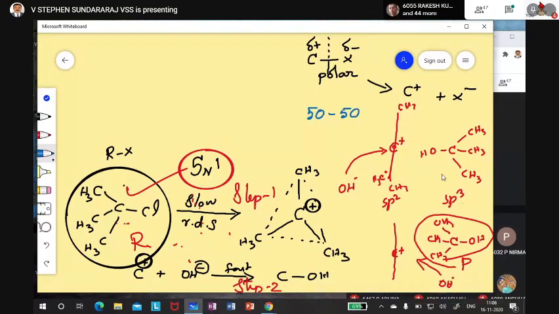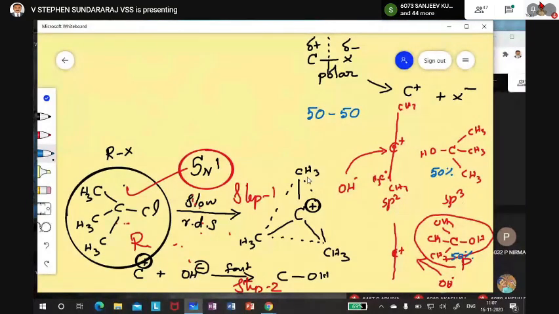50-50%. Why right side? Tell me. Is there any magic on the right side? Just look at it. It's a normal concept, no twisting, nothing behind, nothing hiding. It's a normal one plane, all the same nature. And both sides are free because it is a fast reaction. I told you, minus plus attraction. Whichever side, because inside the beaker the molecule can be somewhere on any side. So here it is 50-50%. So the first product will form 50%, the second product will form 50%. This point alone you remember; when I discuss stereochemistry, I will talk about that. Now I am not touching the stereochemistry. Later on I will discuss. Okay, so this is the thing.